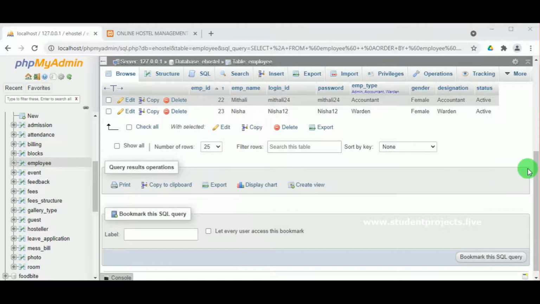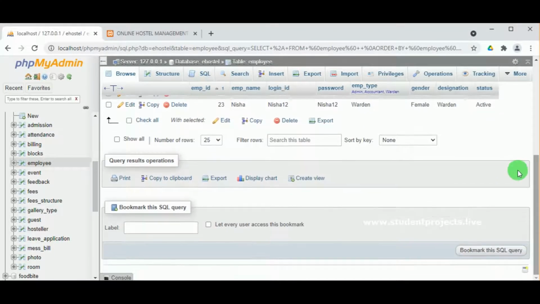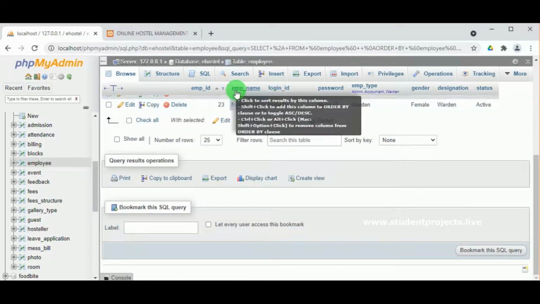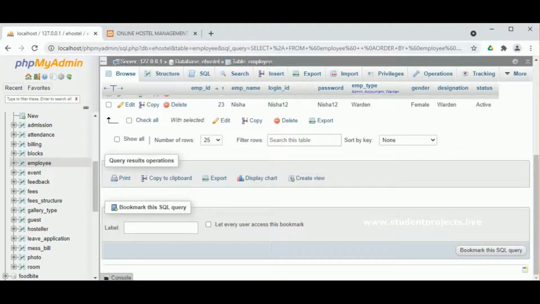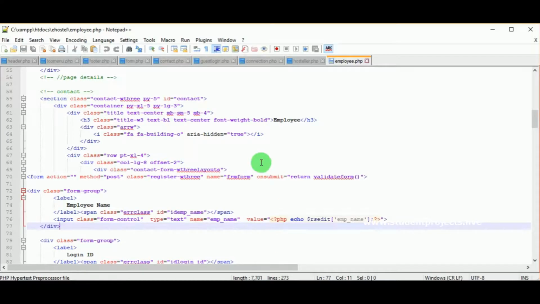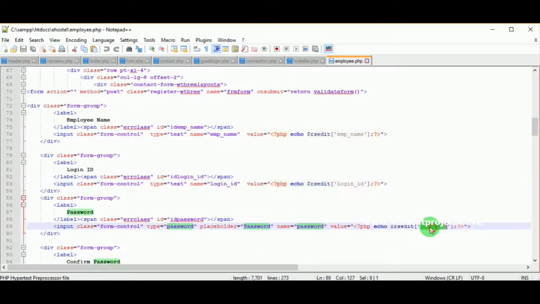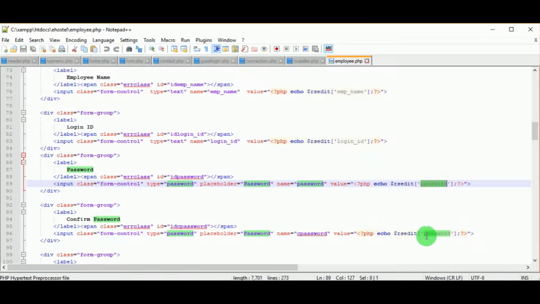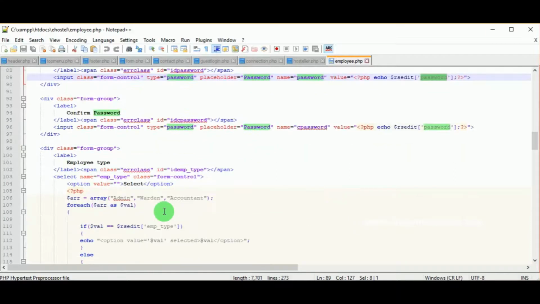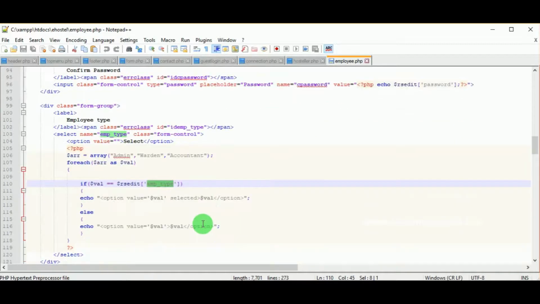It will fetch the data from the database and display it in the form, so that the form doesn't display empty. So the data is displayed in the form in this way using the edit ID and the RS edit variable name. So you can see all the fields have got the RS edit, that is RS edit password, type, name, employee type.